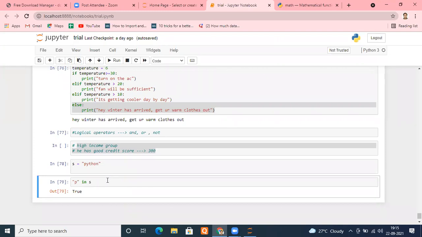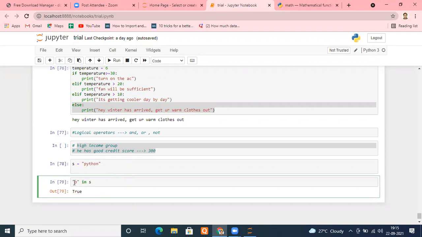So it will be beneficial for you in if statements, especially if you're writing some example code comparisons. Say you want to check somebody's password, if this is available in that or not. Remember, when we write a password, they ask it should have numbers, it should have alphabets, at least one special character, at least one capital letter. So there is some comparison which automatically happens when we enter the password. So remember this in operator.